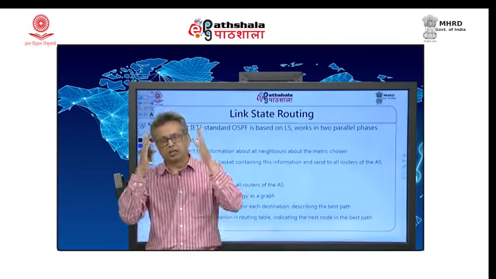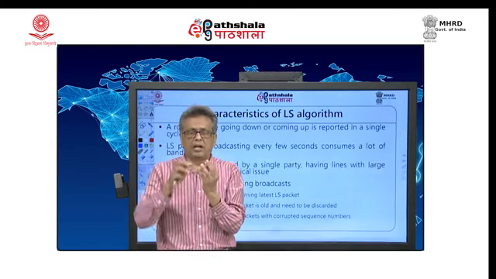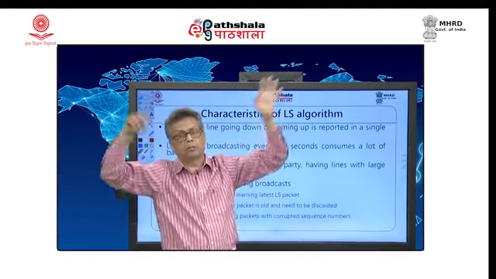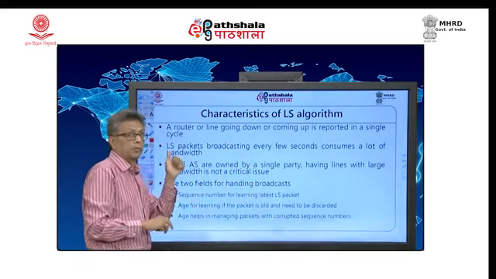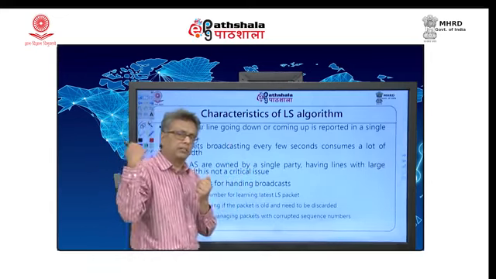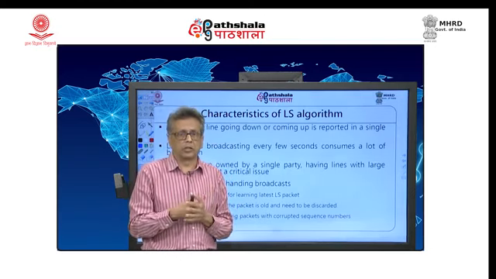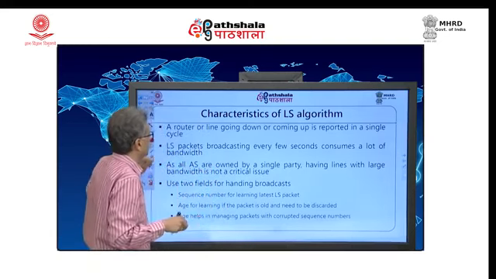Here are some characteristics. It reports everything to every other node in every cycle. Suppose I have 5 neighbors, I inform everybody that I have 5 neighbors. Now, one of the neighbors has gone down, in the next cycle I say I have 4 neighbors, the fifth one has gone down, and everybody will learn about that. That is the power, that is one of the best things about LS, compared to the previous algorithm, distance vector, which we have not seen in this particular course, which had that disadvantage. Okay. This is the advantage of it.